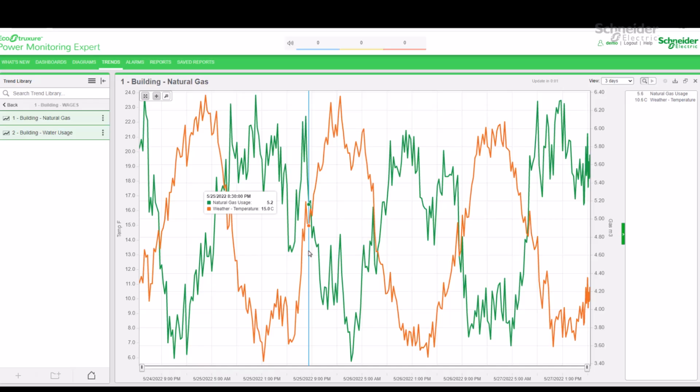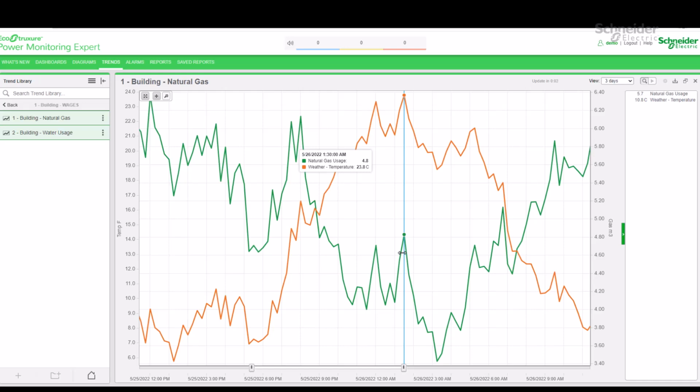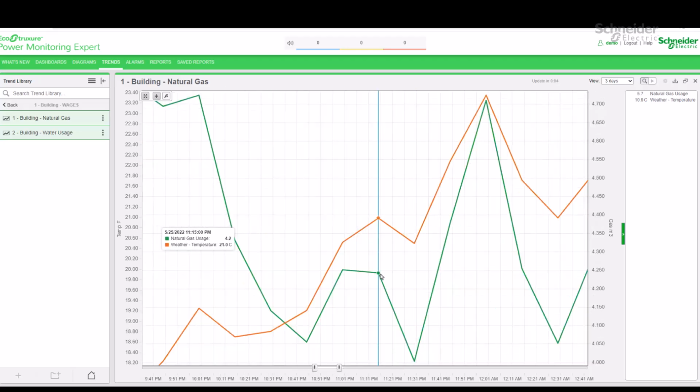Another convenient feature of the inspection mode is that you can zoom in by selection while my mouse is in the middle of the trend. If I left-click, hold it, and drag a window like so and release, the trend application will zoom in exactly to the window that I drew. I can do this repeatedly until the data shows in discrete time intervals of 15 minutes. This indicates that the data is historical, coming from the database.